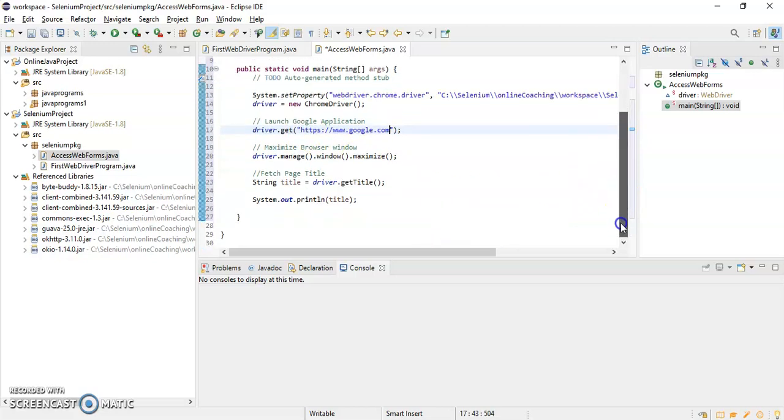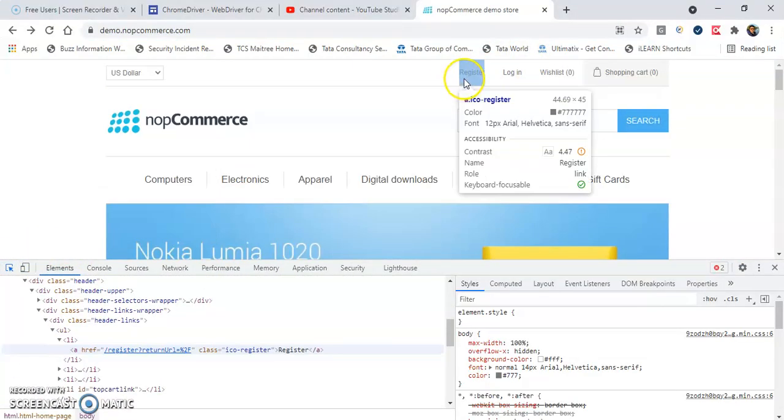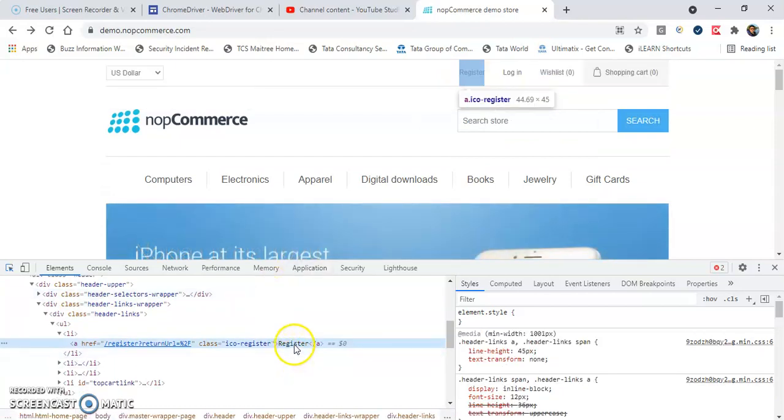Okay, so first we have to click on the register link. So I'll go here and inspect this register link. Okay, so I'll take this.